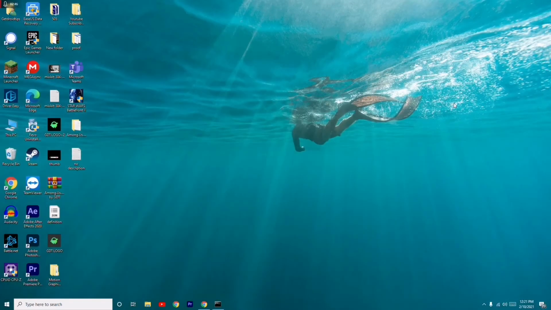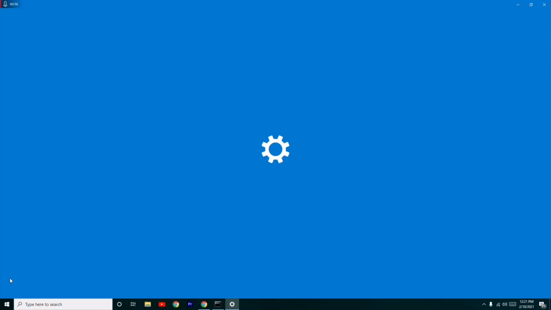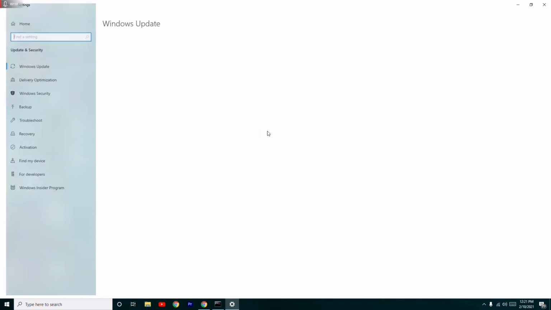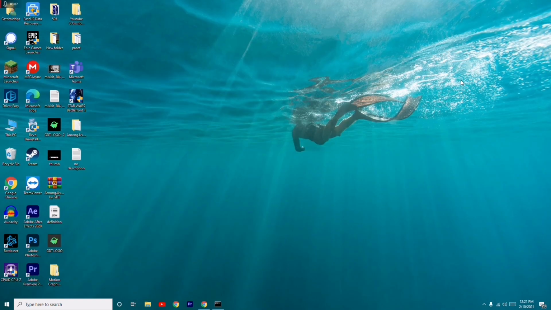Then moving on to the next step, you just have to scroll down a little bit and make sure that you're running on the latest version of Windows. To do this you just have to go to the settings and move to update and security, and from here you have to check for Windows update, and if you have any kind of update just update it. So these are some of the possible workarounds which you have to try out to fix